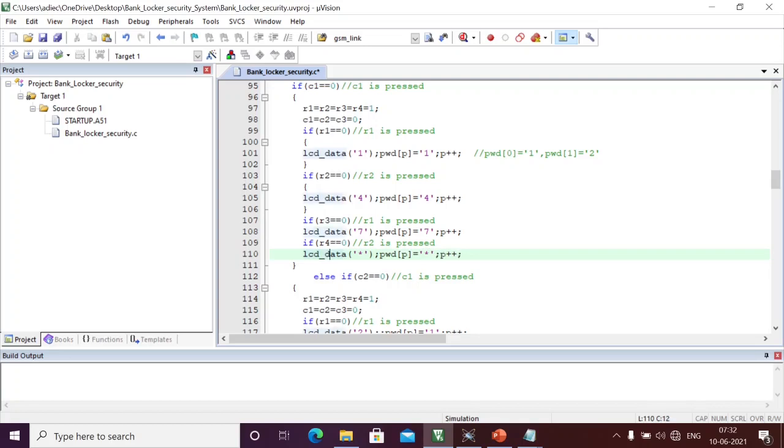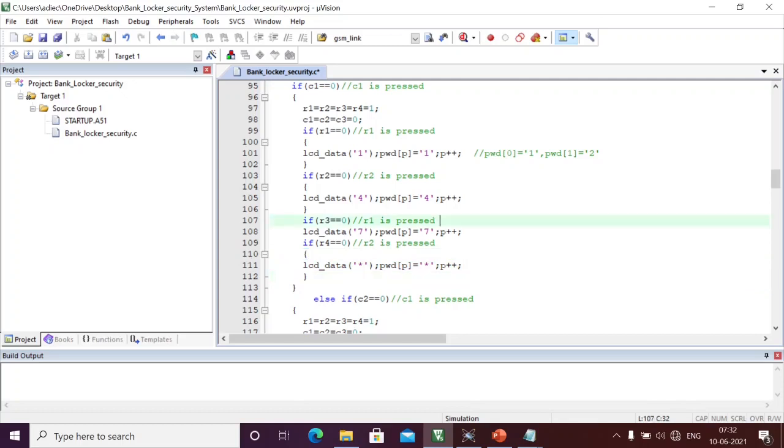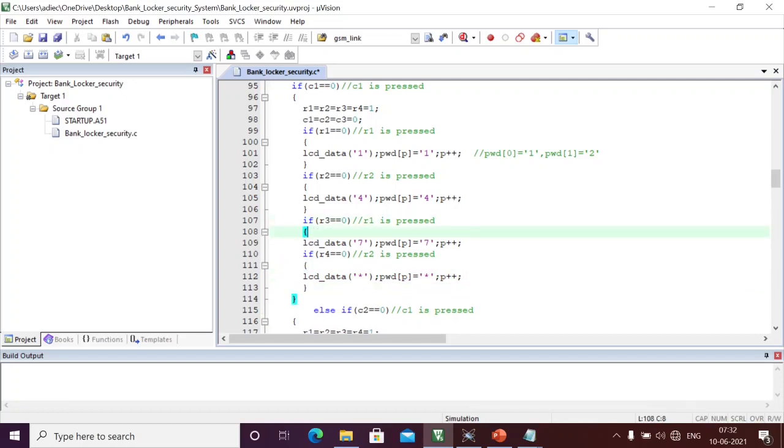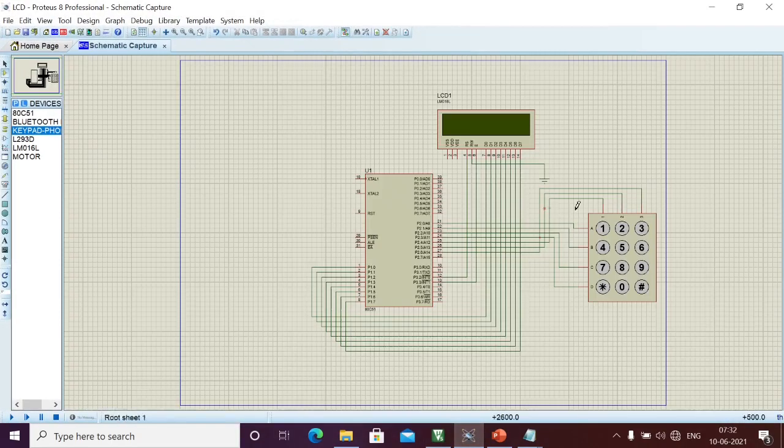See here, for example, if I press the star, similarly I'm storing star in the password also. That's why I'm extending this program like this. Similarly I should extend it for all the places, all the digits. If you see the keypad, we should write the password for all the digits.